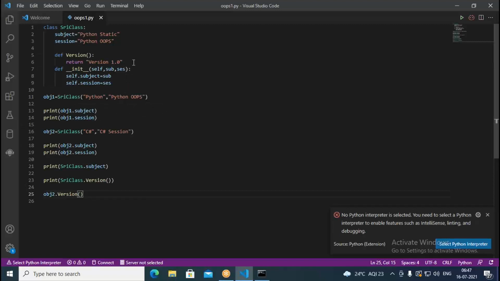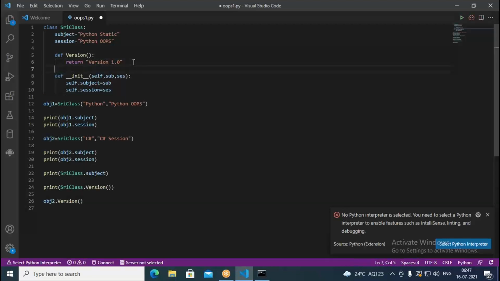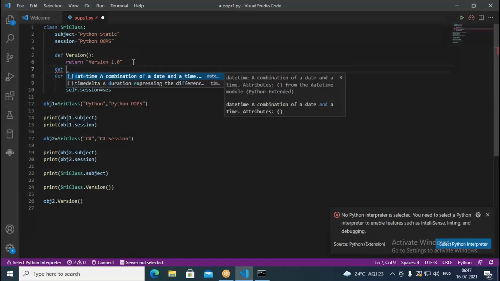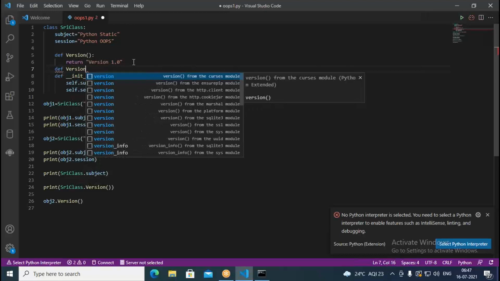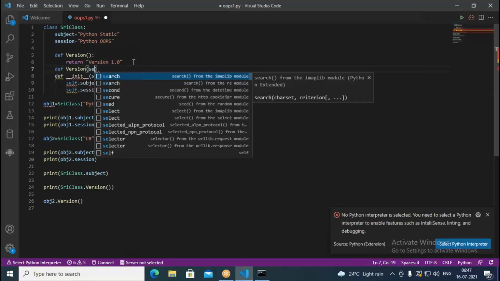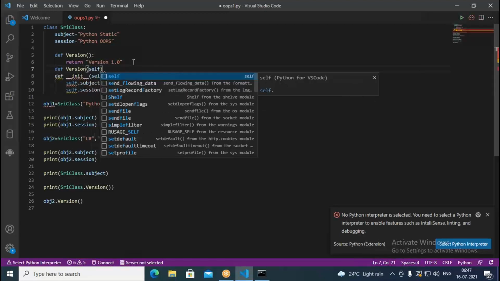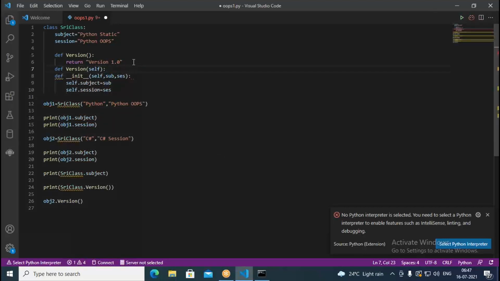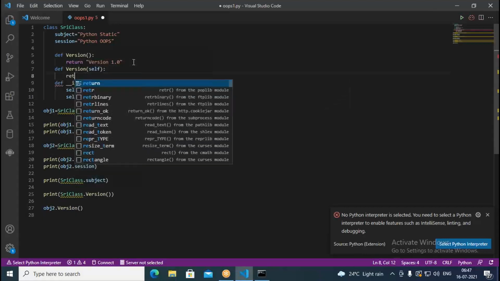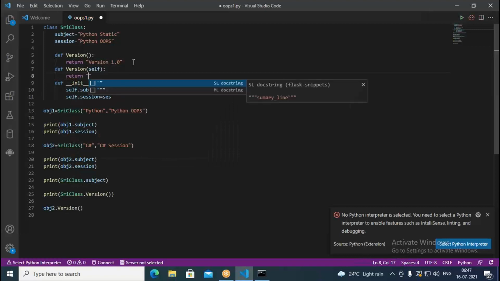Now what I do here, once again I define another version. Here I write def version, followed by self. After that I try to return version 1.0, and this is the instance method.